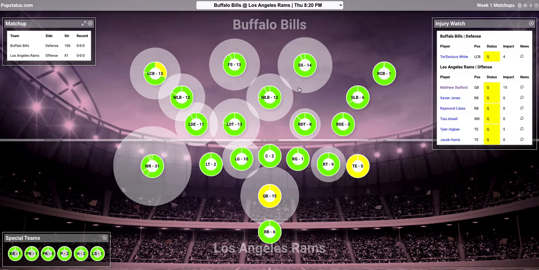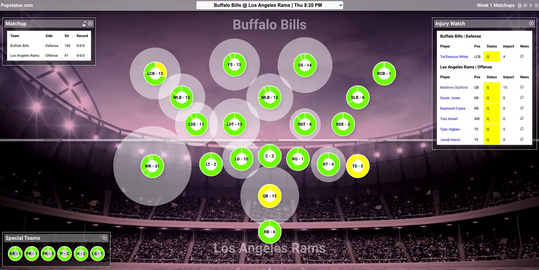So also the overall strength of each position. The higher the value, the more strength that particular player has. And I've done a little bit of regression, and teams with higher overall values typically did better during the season than teams without that. You can see their overall strength, the sum of all these values. So the Bills have a strength of 106 on defense. The Rams have an 81 on offense. I think that's because they're actually missing some players this year so far. I feel like they had a better offense than that.